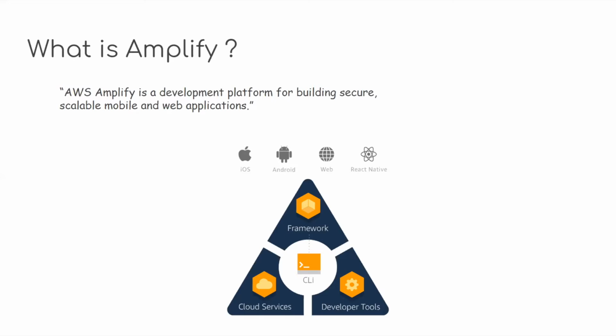So Amplify was introduced as a solution for this. Now all the Mobile Hub functionalities have moved to Amplify. In case you already have an application which runs on Mobile Hub, AWS provides a set of guidelines on how you can migrate your Mobile Hub project to